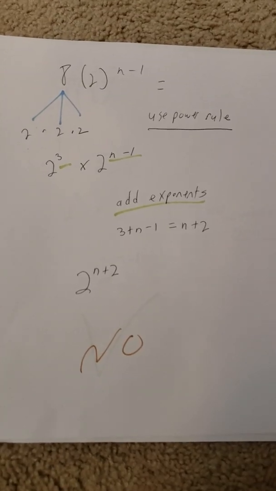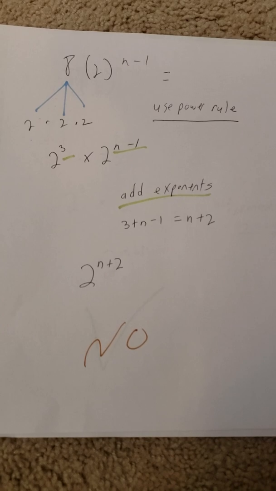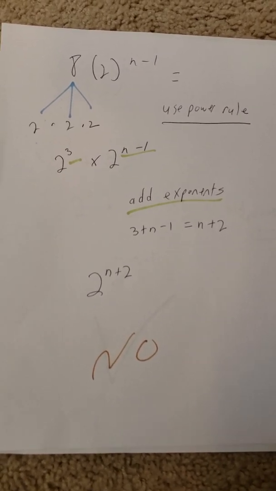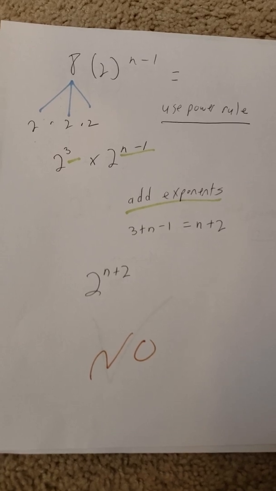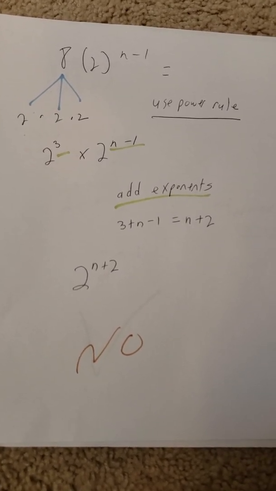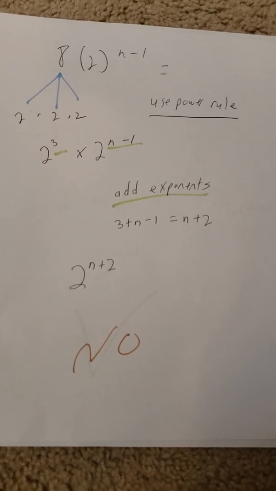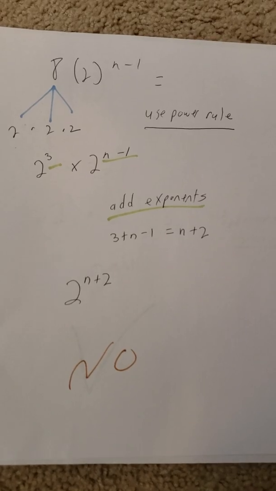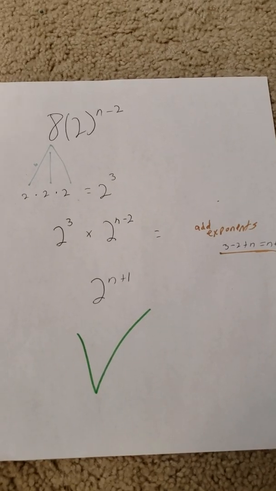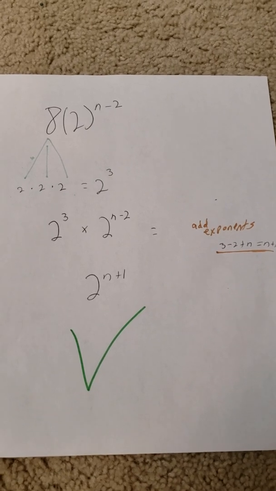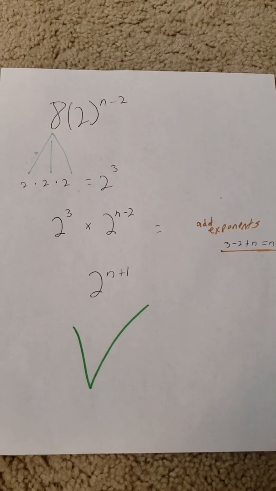For this equation, we have 8 times 2 to the n minus 1. We have to use the power rule, which is going to give us 2 to the third times 2 to the n minus 1. Then we have to add our exponents, and that is going to give us 2 to the n plus 2. So the answer is no, this is not equivalent. So on this equation, when we use the power rule and we add our exponents, it is going to give us 2 to the n plus 1,